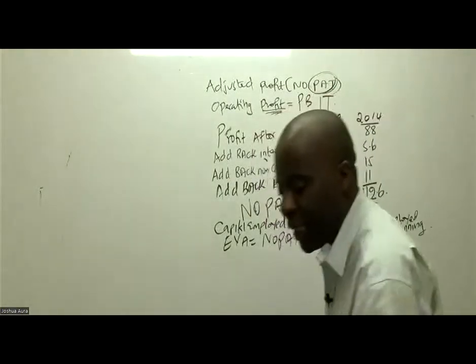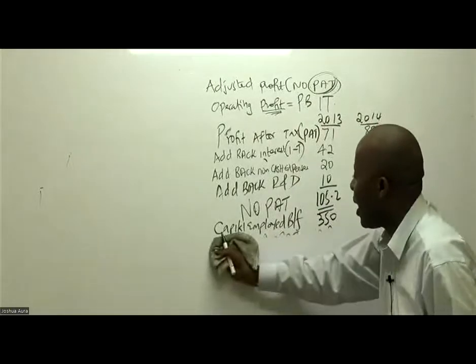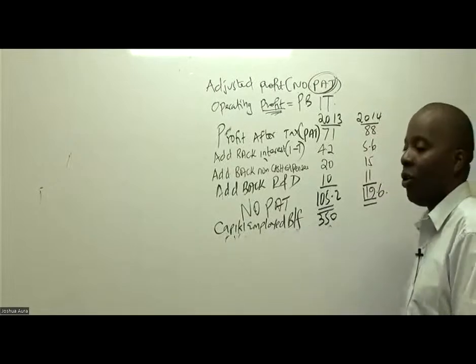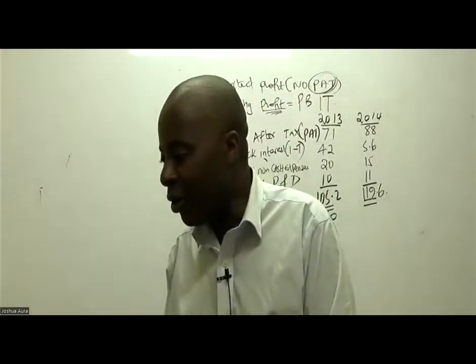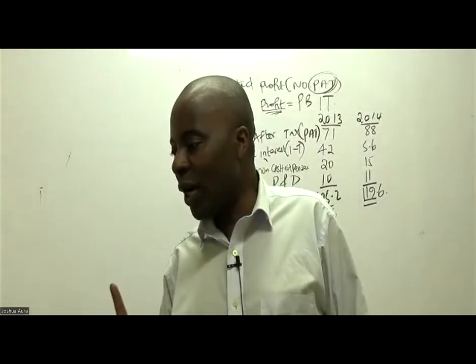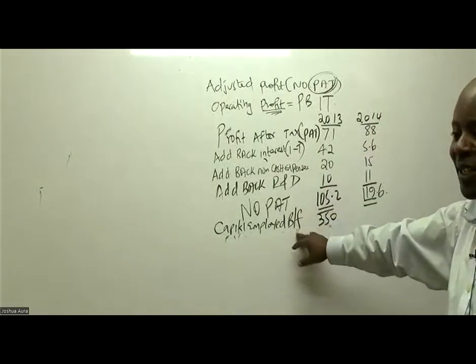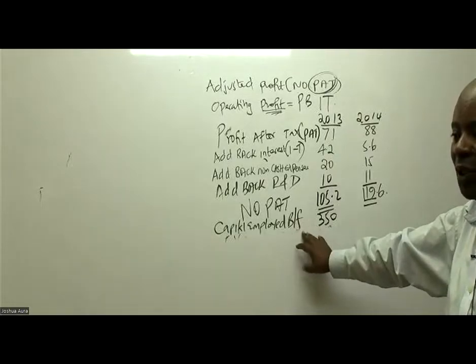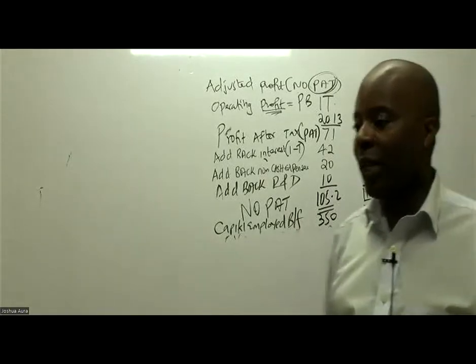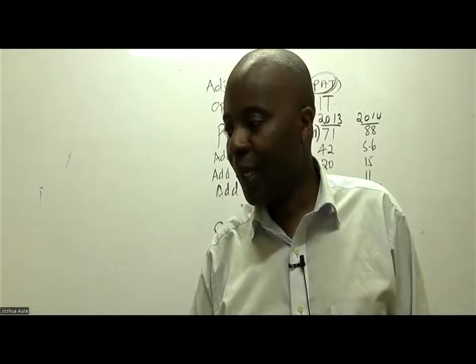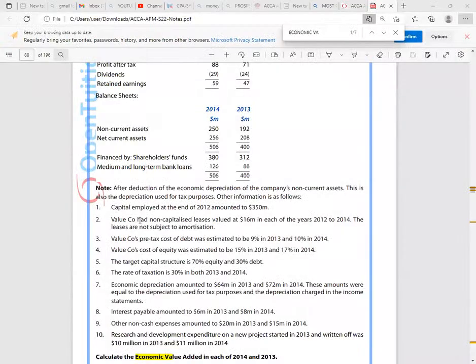And then, ladies and gentlemen, we also have the capital that was employed as at the beginning of 2014. I don't know why Jackie has run out again to pick profits. Profits are not the same as net assets. Net assets are found in the balance sheet. Jackie, the capital employed which was brought forward into 2013 is given here. You can see here, capital employed at the end of 2012, which of course marks the beginning of 2013, is